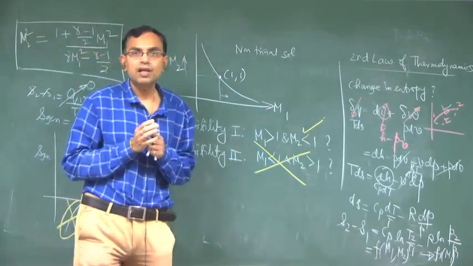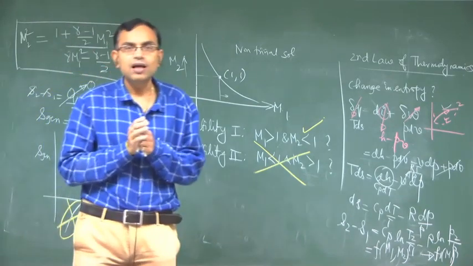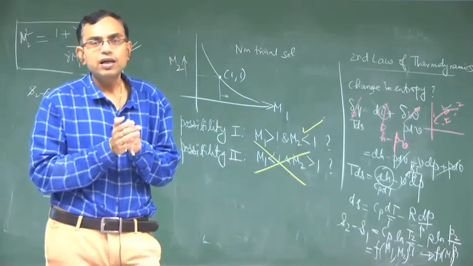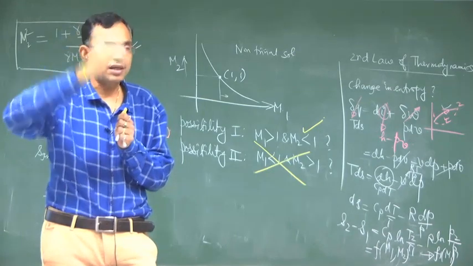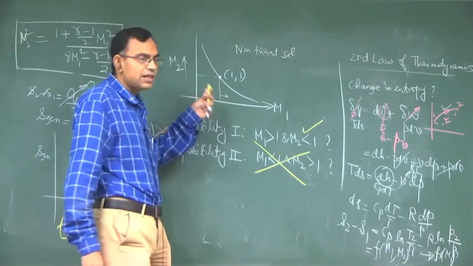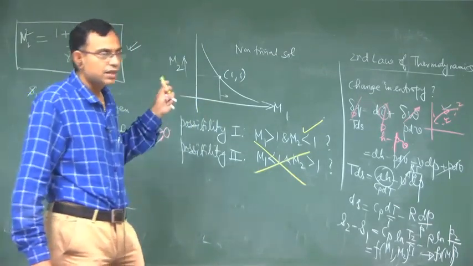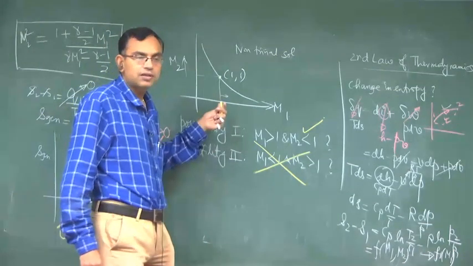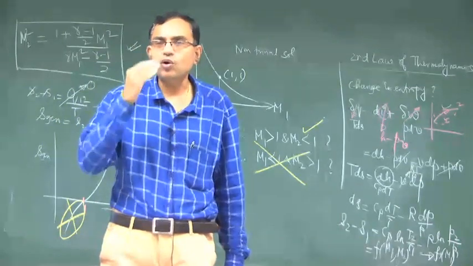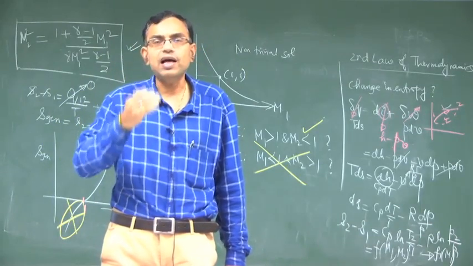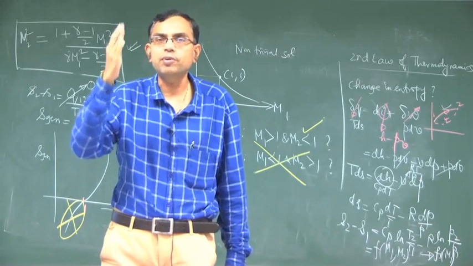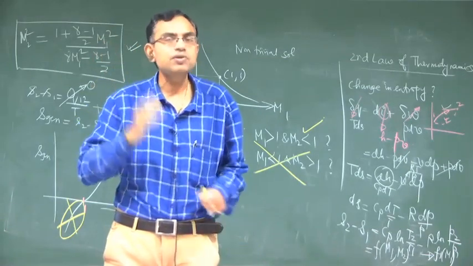So, to summarize, across the shock there will be an abrupt change in Mach number from supersonic to subsonic. Accordingly, the pressure will rise, the temperature will rise, and you will also have the density, velocity, all the variables changing abruptly across the shock front. So, if you know the Mach number immediately before the shock, and if you know the ratio of Cp and Cv, you can easily calculate the Mach number immediately after the shock, and based on that Mach number you can calculate all the isentropic properties immediately downstream and upstream of the shock.